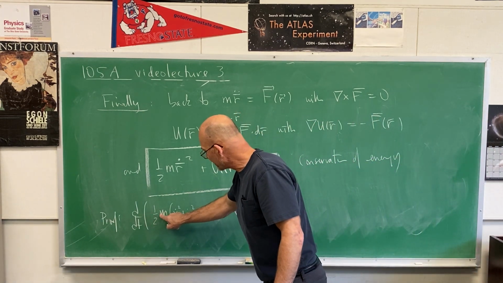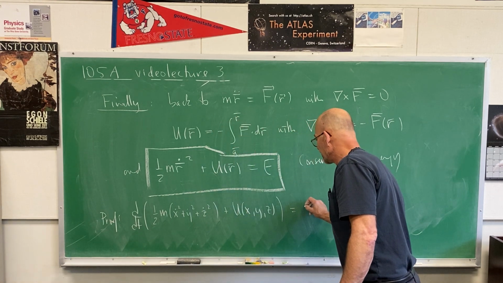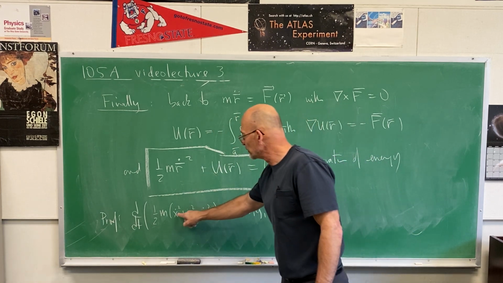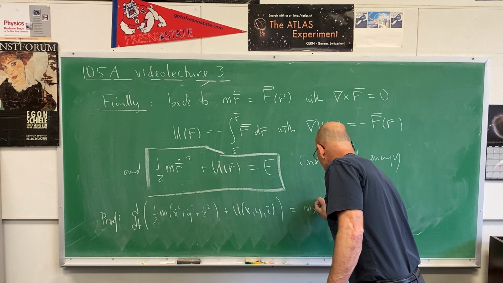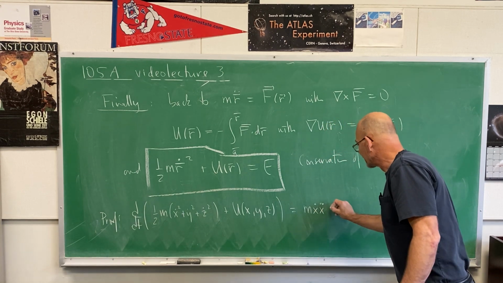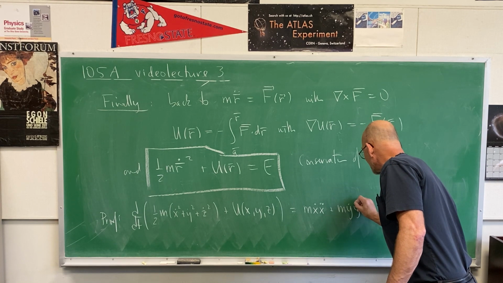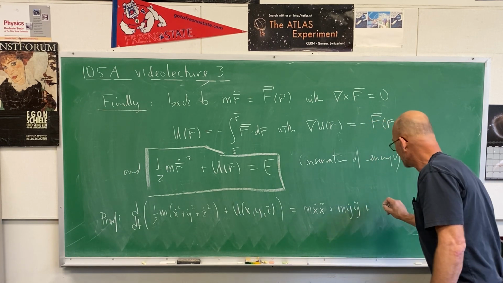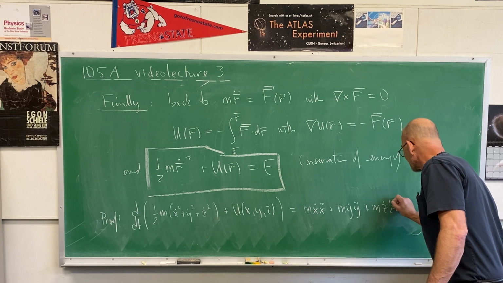Time derivative of 1/2 m x dot squared turns into 1/2 m 2 x dot x double dot. So the 2's cancel, m x dot x second derivative. Same thing, m y dot y second derivative, and m z dot z second derivative,